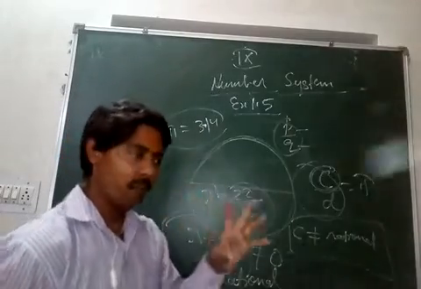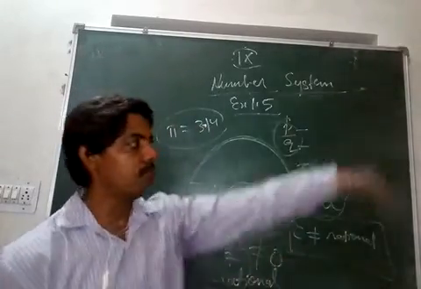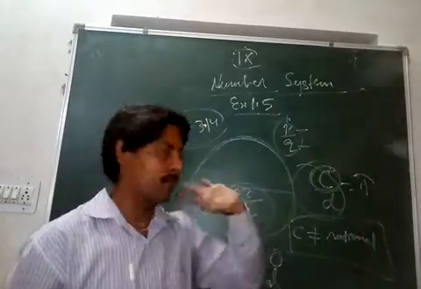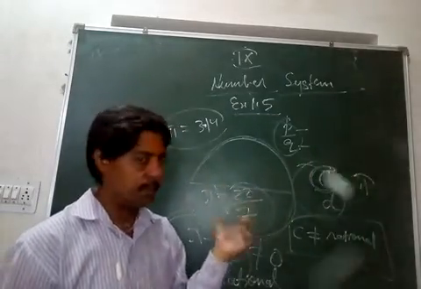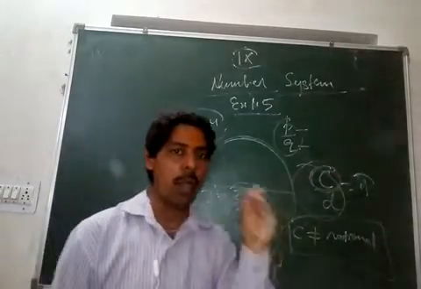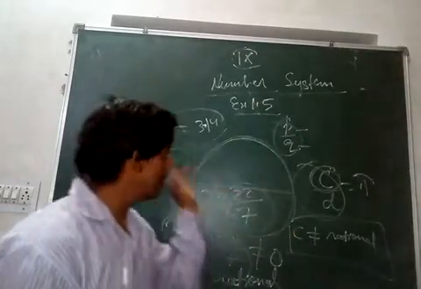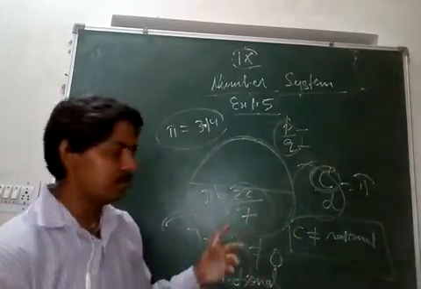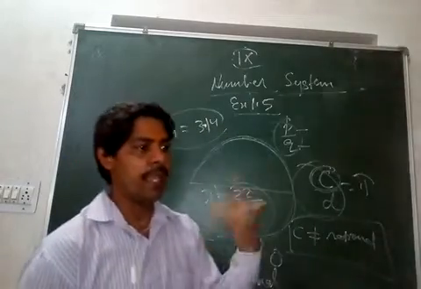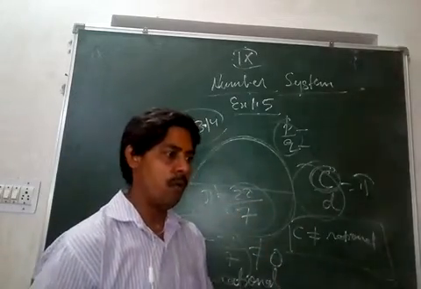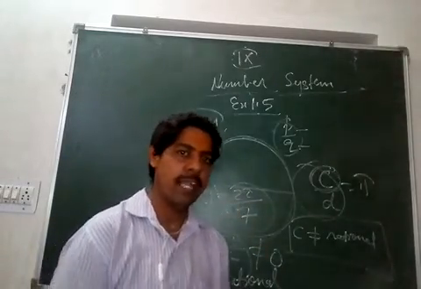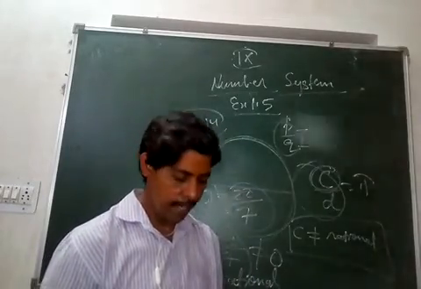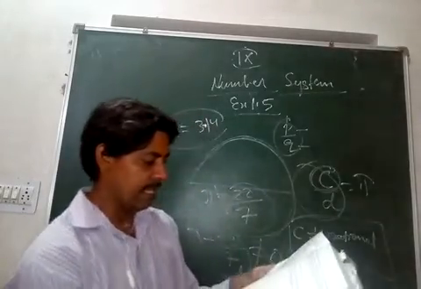But still, for calculation, we cannot take something which does not stop. Infinite places we cannot multiply, so we can only take approximate values. So 22 by 7 is a good approximation of pi. 3.14 is a good approximation of pi. So that is why we use these values while calculating, like area of a circle pi r square, volume of cylinder pi r square h, something like that. CSA of cylinder 2 pi r h, and things like that.